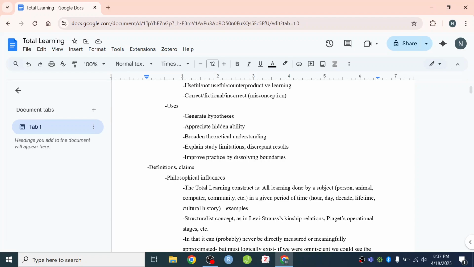So we can give a couple of examples of this. Let's say that we wanted to understand what the total learning of a person was over the course of an hour. This is one of the boundaries that we could place on our measurement of total learning. Well, how might we go about measuring this? We would find some person and say, hey, what were the things that you learned about over the past hour? And in order to measure the total learning construct, we would try to get a representation of everything that that person learned over the course of the past hour.